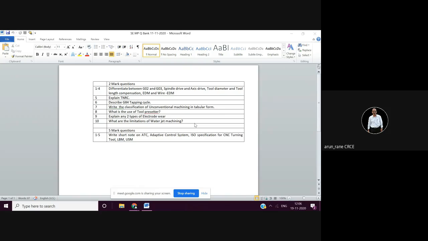High pressure water is used for cutting the material. It is like a CNC milling machine only. Instead of a cutting tool, you are using a jet of high pressure water which cuts the material. बस ऐसा 2-3 लाइन में लिखने का, and then in limitations you can write that first limitation is that